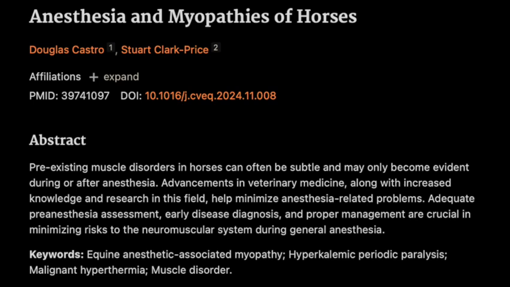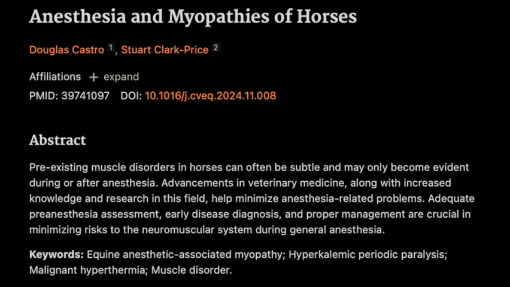All right, let's move on to Table 1. This one gives a comprehensive overview of the anesthetic agents commonly used in horses, along with their potential effects on skeletal muscle function. This is a really handy resource. It's a quick reference to help choose those safer anesthetic agents for horses with muscle disorders. It breaks down each agent and tells us whether it's safe to use, if we need to adjust the dosage, and any specific precautions to keep in mind. It's like a cheat sheet for clinicians. Exactly. Okay, Table 2. This table summarizes the key clinical and lab findings for those three main myopathies: EAM, HYPP,